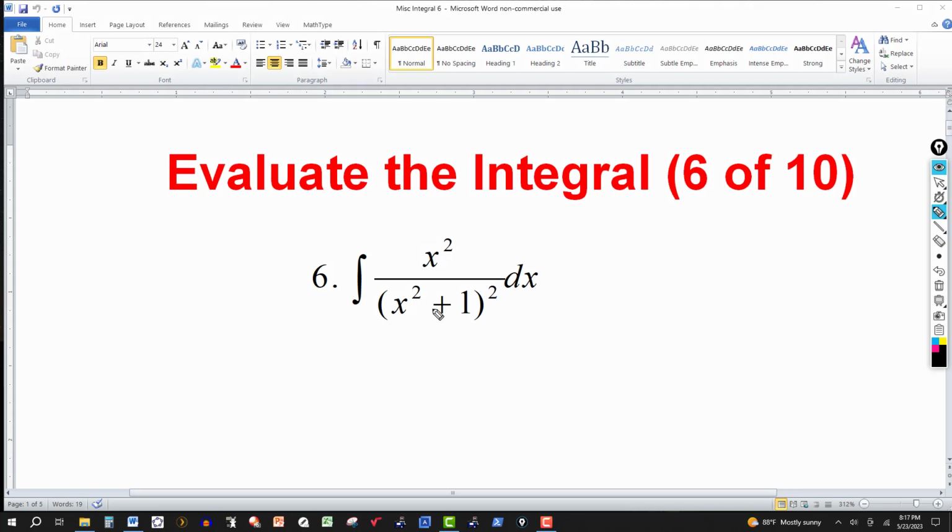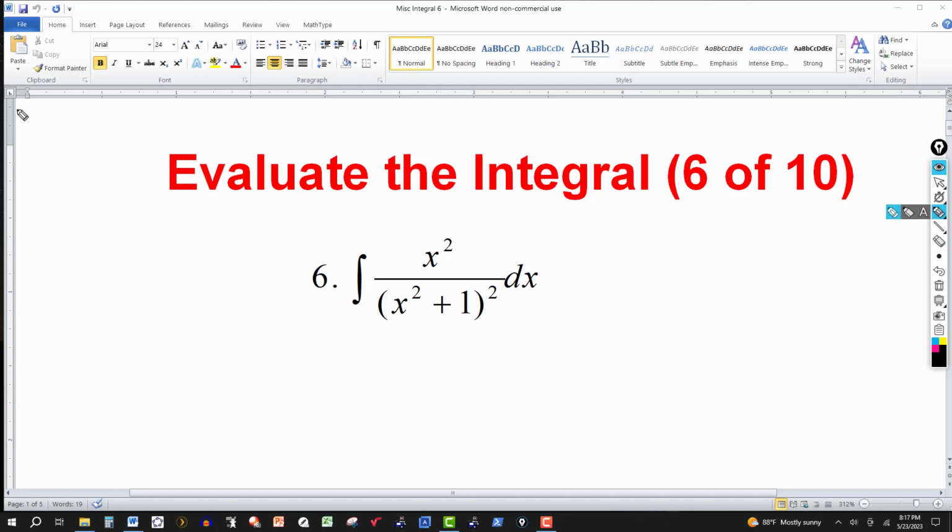So this particular integral involves a rational function for the integrand. The degree of the numerator is less than the degree of the denominator. Now you could go ahead and break this down using partial fraction decomposition into two integrals. One is very easy to integrate. The other one you'd have to use a trig substitution. So I'm just going to go ahead and use a trig substitution to start off with to avoid the partial